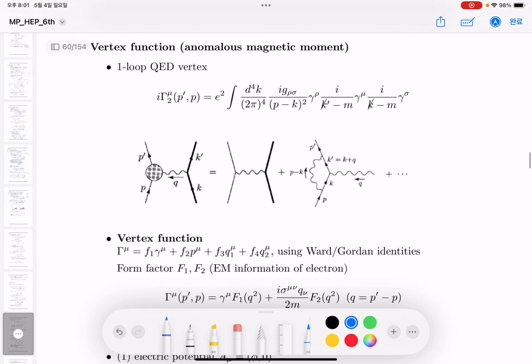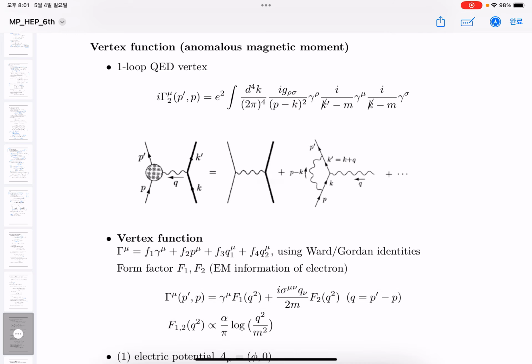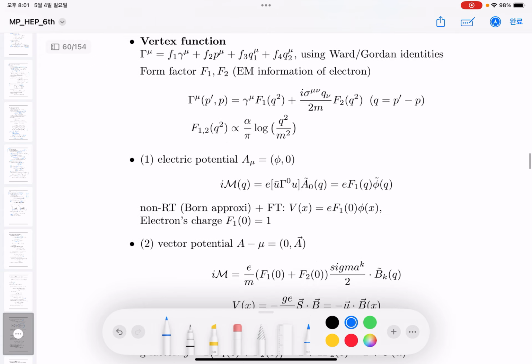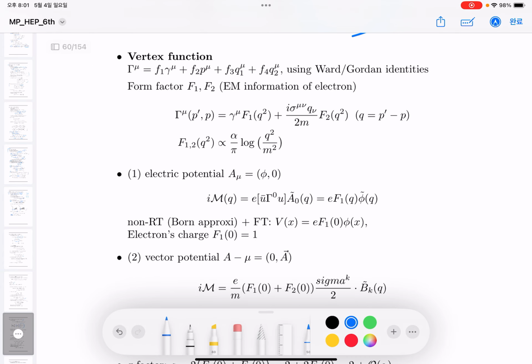And I will turn to the other topics in the QED loop. There is a vertex function which gives the anomalous magnetic moment. Here is a vertex, but we can also consider such a one-loop level. Then there will be two fermion propagators and one photon, and similarly we can evaluate the amplitude by the Feynman identity and regularization. And such a vertex function can be represented by two product forms, one is gamma mu and the other one is sigma mu nu,